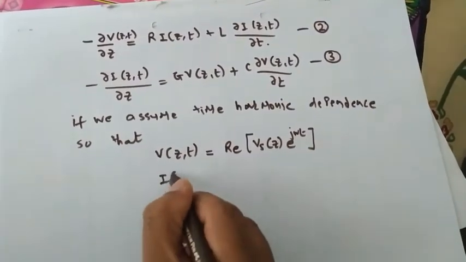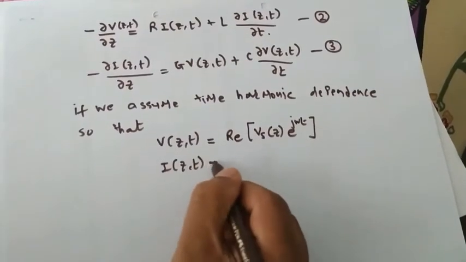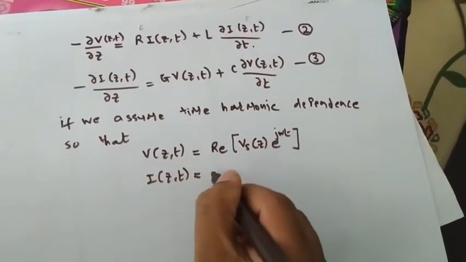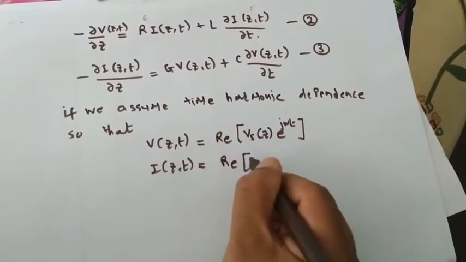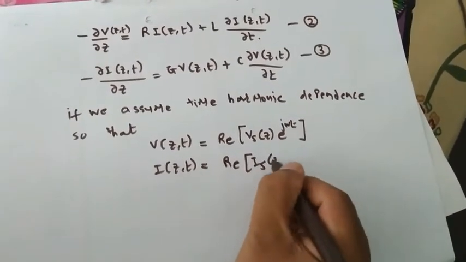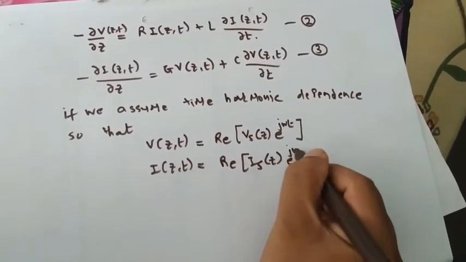In the same way, current can be expressed as I(z,t) equal to the real part of Is(z) e^(j omega t),